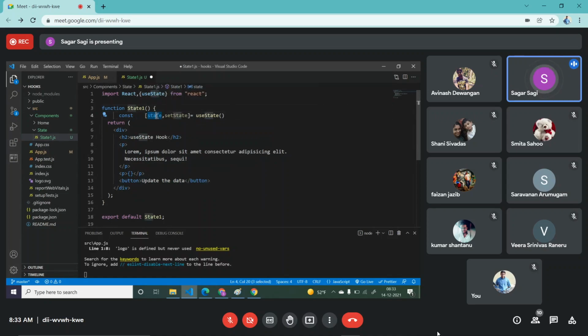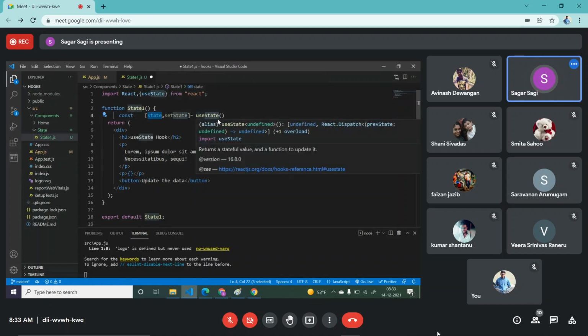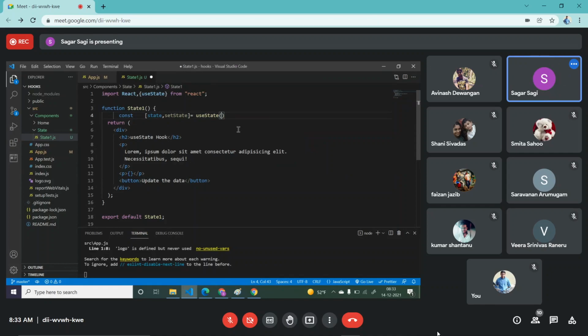Now, in this state, by default, if you want to keep any data, then you have to pass that as the first argument to this useState. You have to pass it here. Here I'm passing something called welcome to useState concept something.